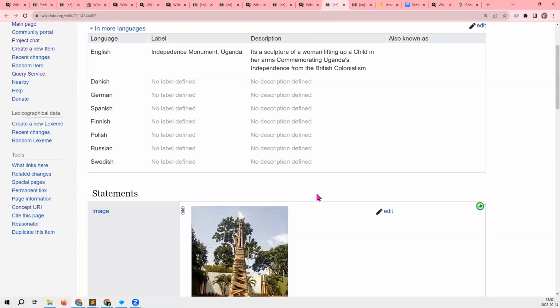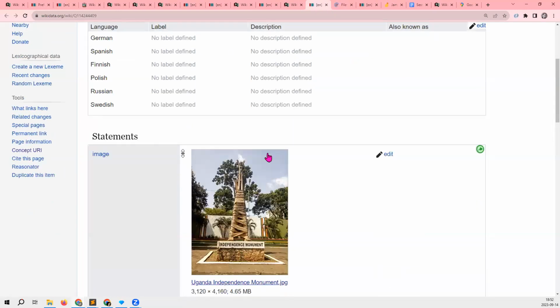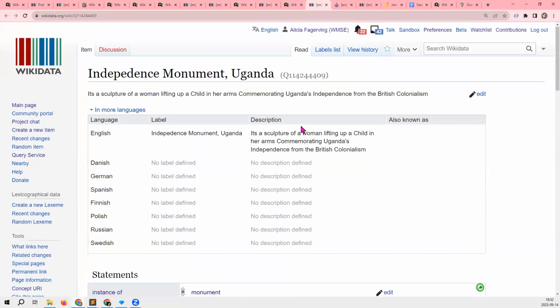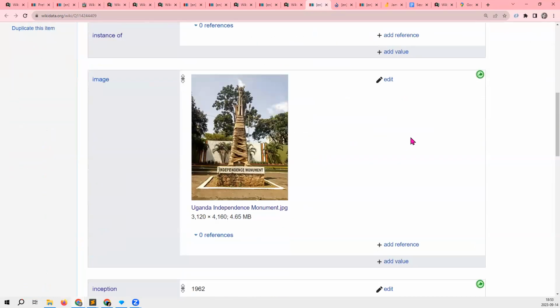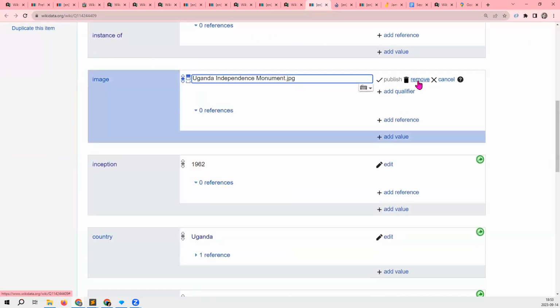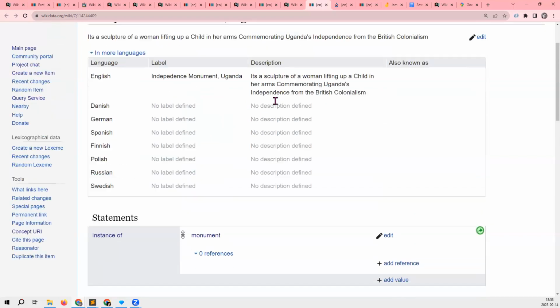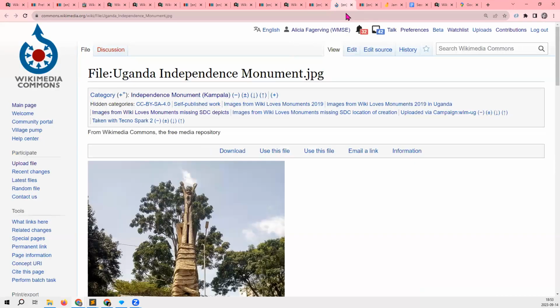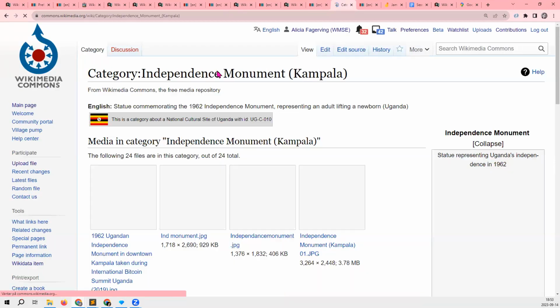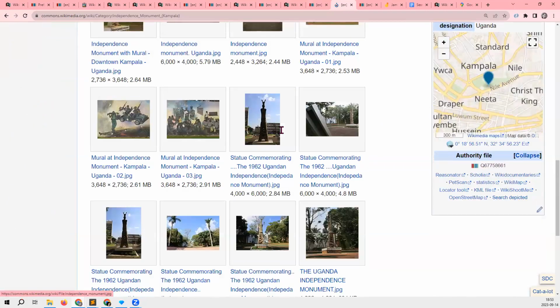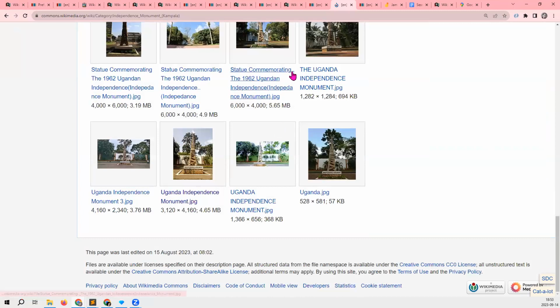Yeah, you have to add it manually to the Wikidata item. I'm going to work on this item of a monument in Uganda. I'm just going to remove this photo and pretend that it never existed. Then I go to Wikimedia Commons and look for a good photo.